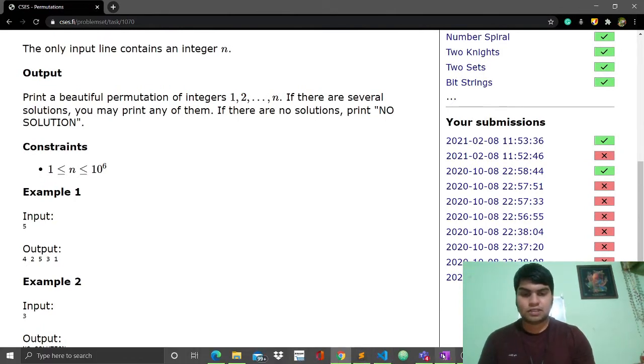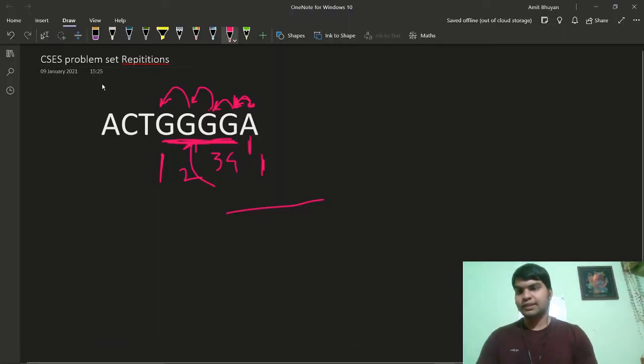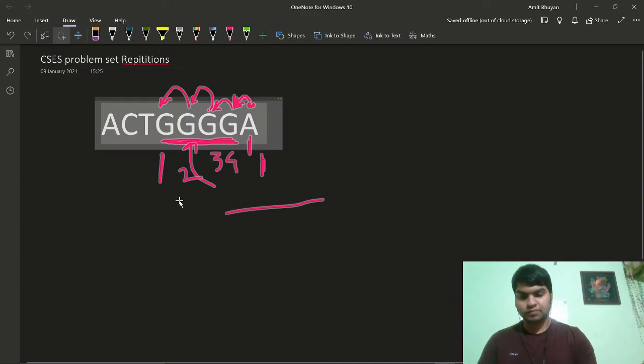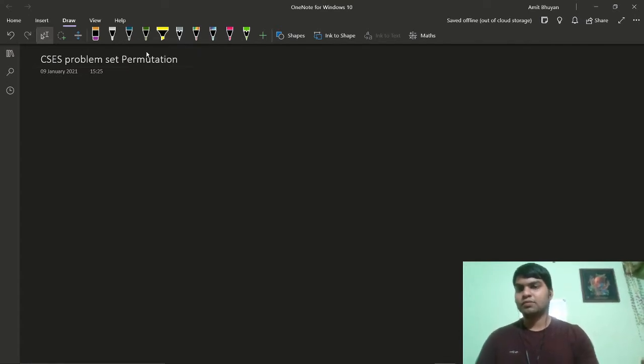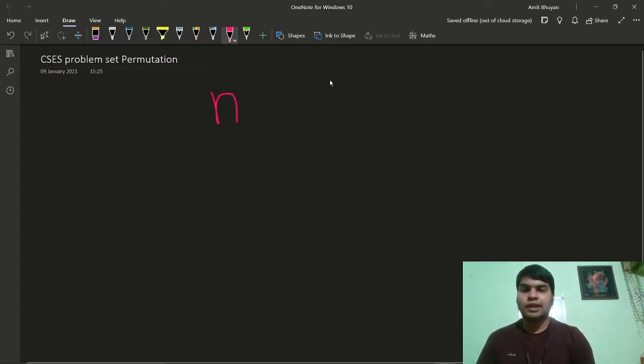So now let's go to the solution. First let me erase this. So this problem is Permutation. You are given a value n. Suppose n is 4.